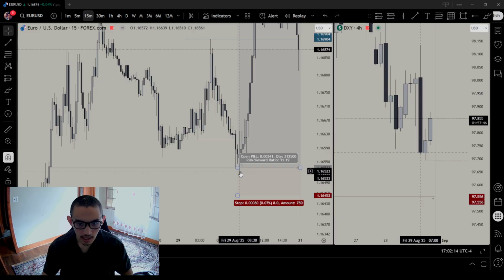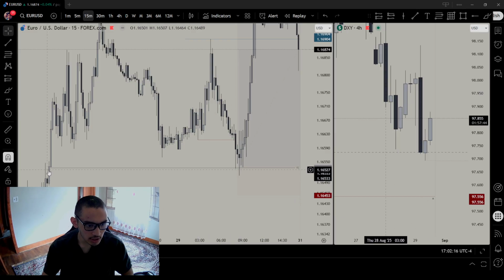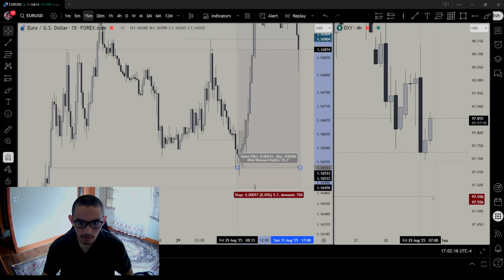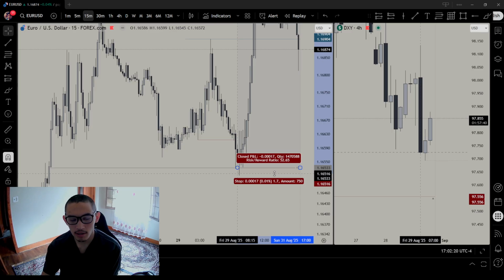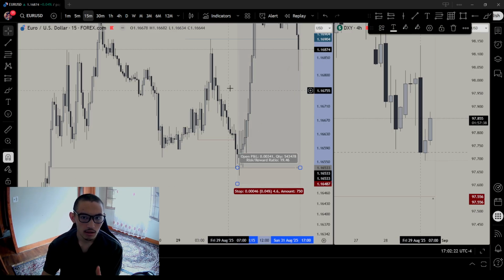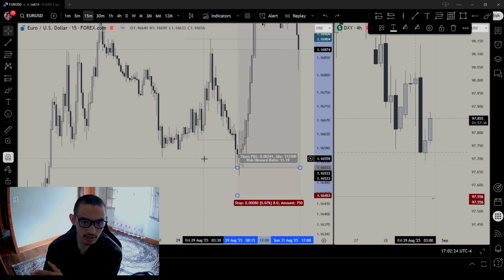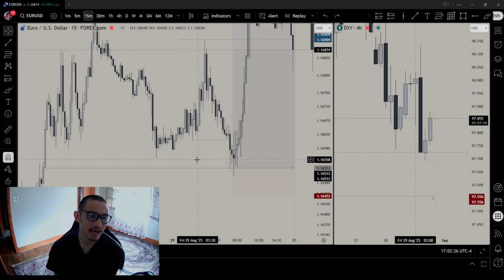I could enter here. Oh yeah, that's my entry. Market shouldn't go any lower than that. I enter here, get stopped out instantly, right? So everything is important, but on the execution time frame, the stop loss is what's important. The entry is not as important, but the stop loss is very important, right? But the execution entry is important as well. The way you enter matters, right?